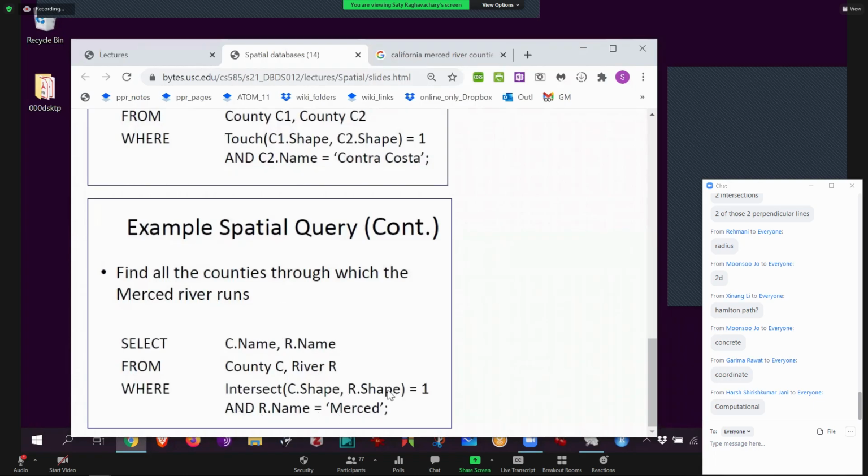Or if you don't say this and, then what will happen? Suppose I run this query and I don't have the and command. Then what's going to happen? What will the result be? I take out the fact that r.name equals Merced. What will the query return? For a bunch of counties, for a bunch of rivers,